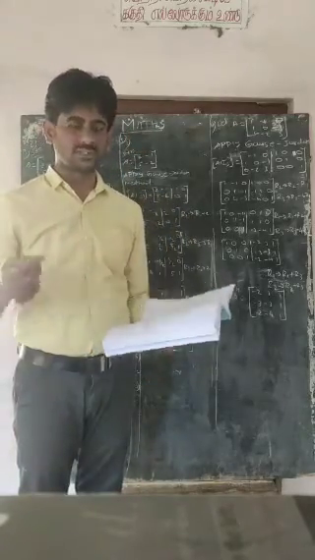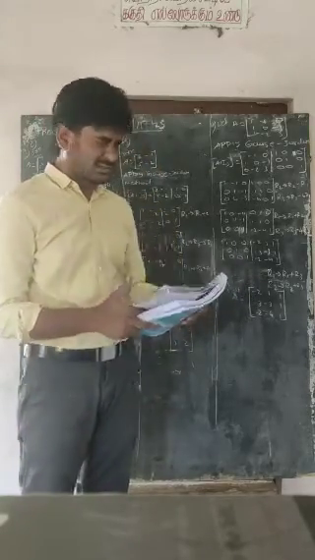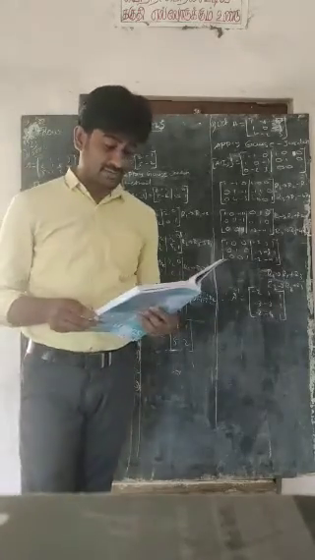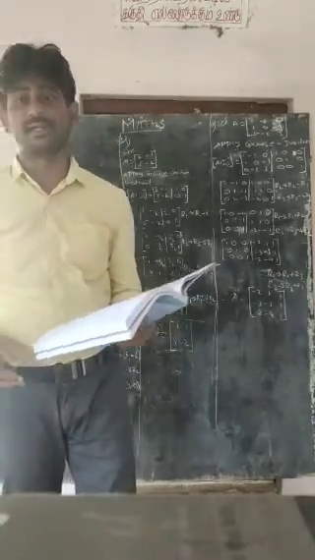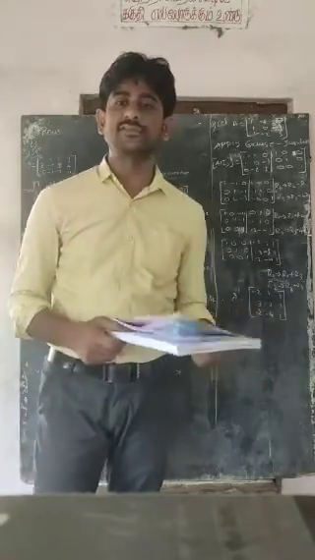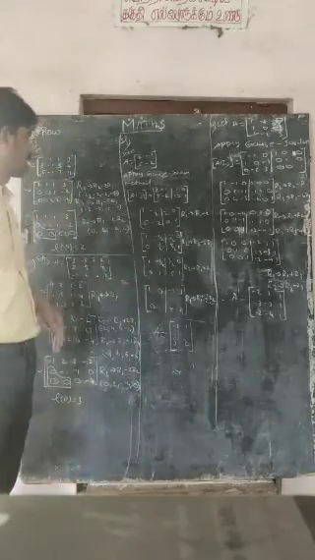But now the second question is find the rank of the following matrices by row reduction. Find the rank of the matrices by row reduction method. So we have to find the rank of the matrices by using the row reduction method. Row reduction method use பண்ணி நம்ம எப்படி ஒரு matrix ஓட rank கண்டுபிடிக்க போறோம்.